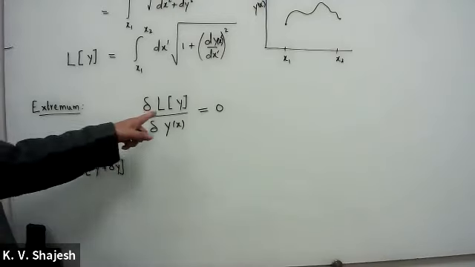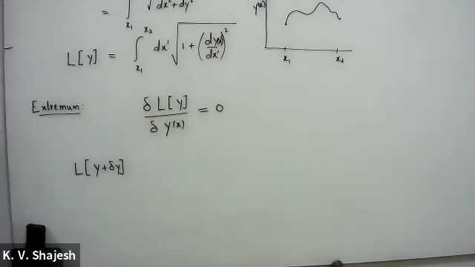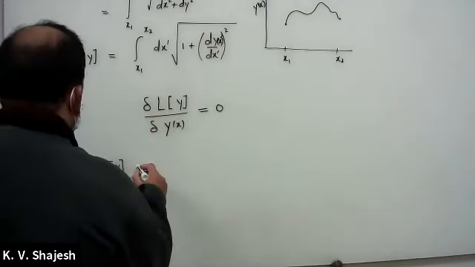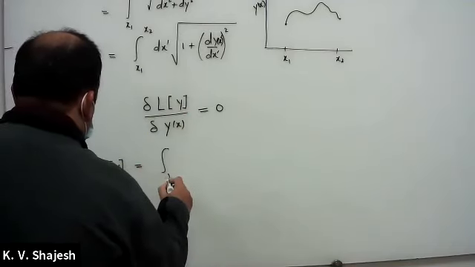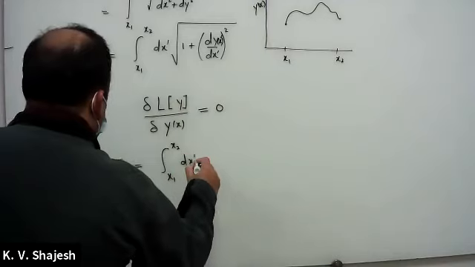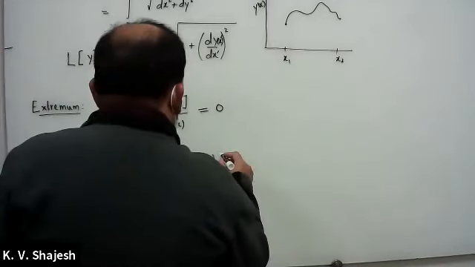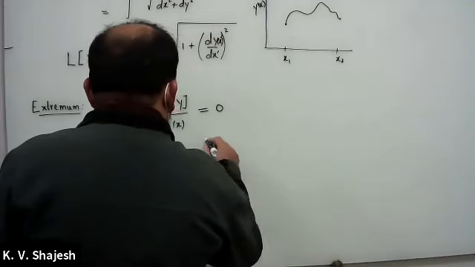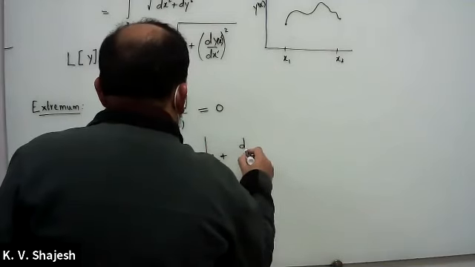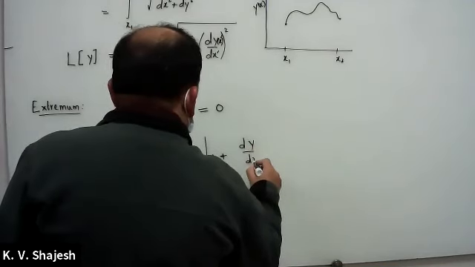Because delta L here is the change: make a change in y and then subtract it out. So that's equal to the integral from x1 to x2 of dx prime times the square root of 1 plus, wherever you see y, we have to make a change, so that's dy by dx prime